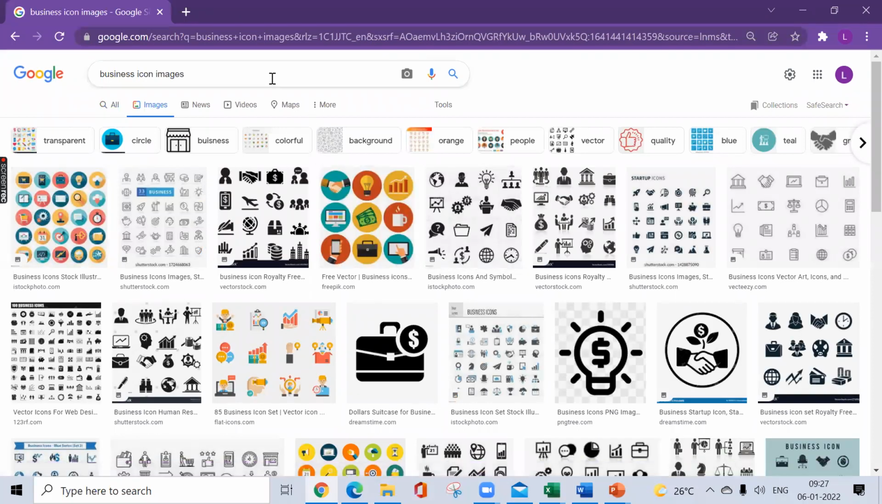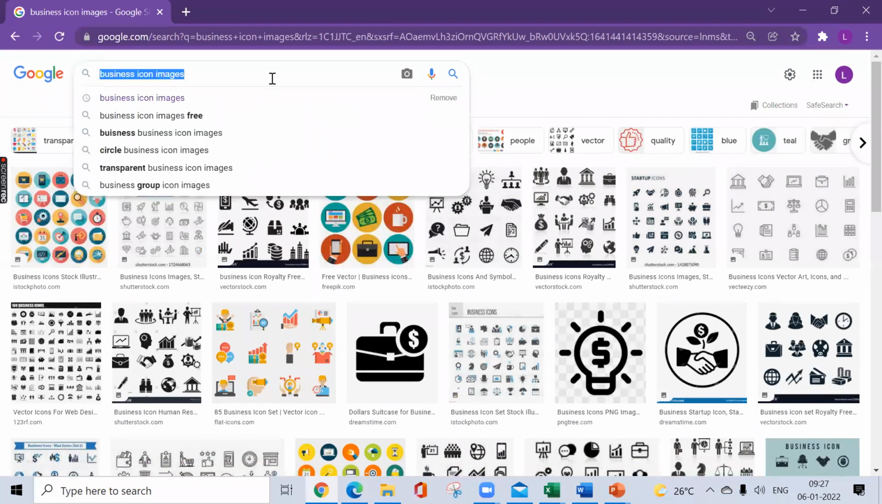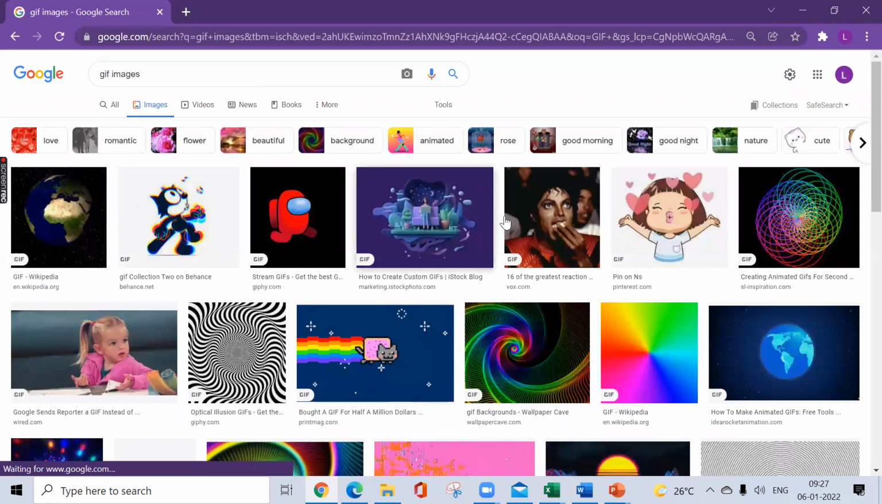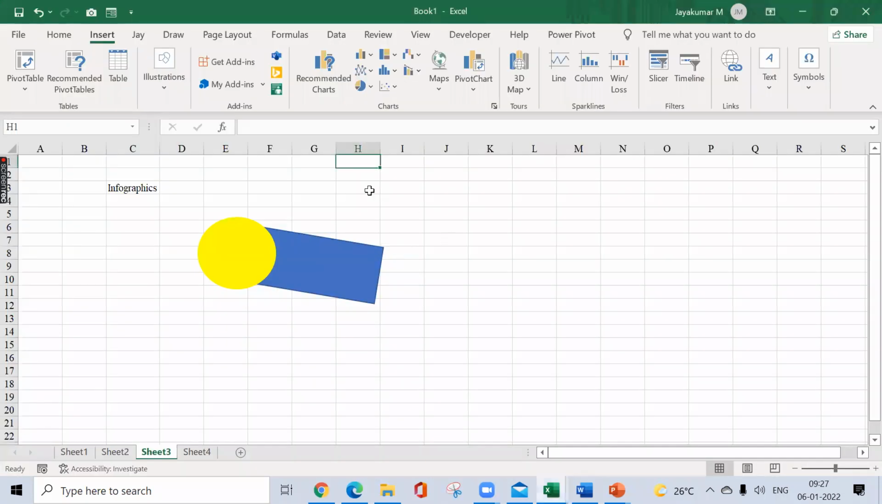Exactly. Even along with the GIF file. GIF means something animated. So if you go for GIF images, it will be useful for animating purposes. For that we are using it. Okay. Next, which is